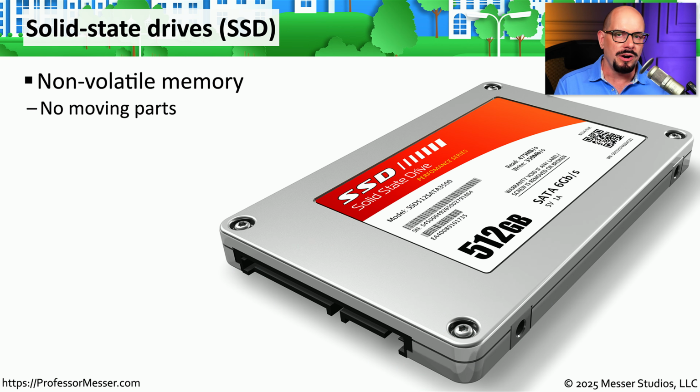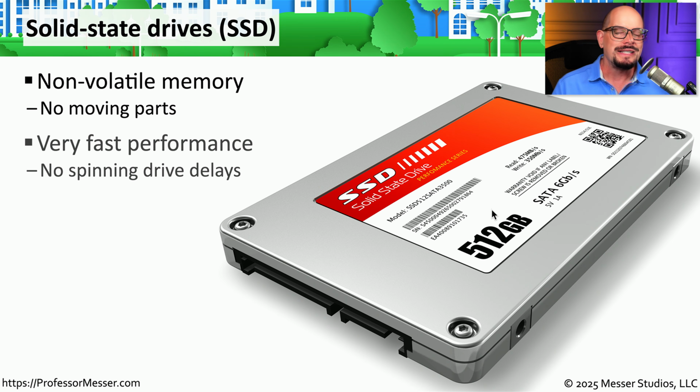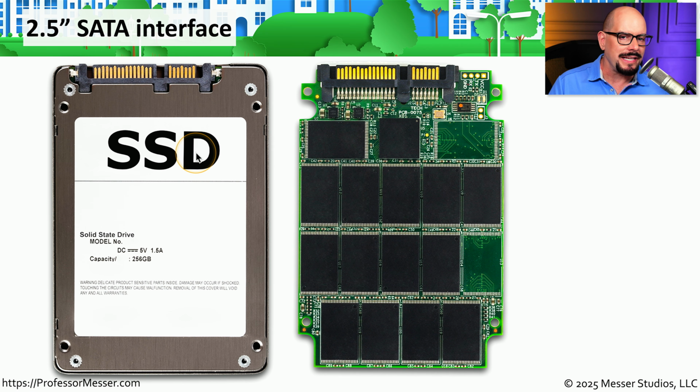Many of us have upgraded our hard drives to SSDs, or solid-state drives. These contain non-volatile memory inside, which means there are no moving parts, thus a solid-state device. A significant benefit of having solid-state drives is its raw speed. Solid-state drives are many times faster at reading and writing information than a traditional hard drive, so by simply replacing a hard drive for an SSD, you can greatly improve the overall throughput of a system. And if we remove the top of an SSD, you would see that we don't have any moving components inside. In fact, most of the components that we're able to see offhand are simply the memory modules where your information